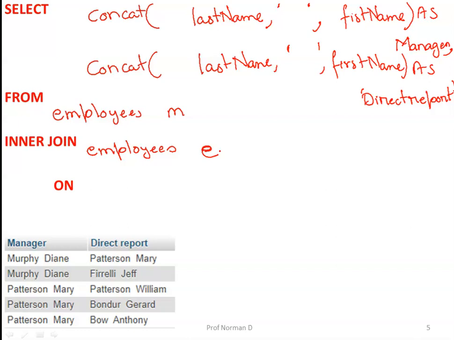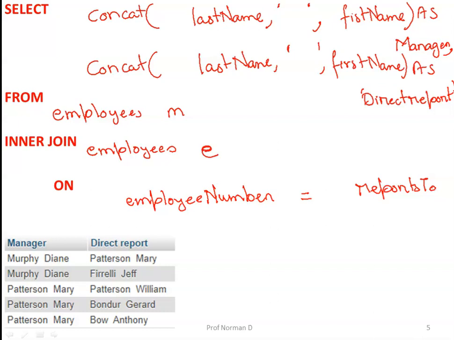Now what is the join condition? The join condition is where employee number equals reports to. Now some more modification we have to do: this query as of now will give you errors because you are referring to the same table.